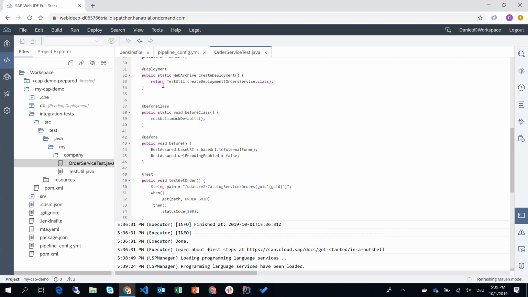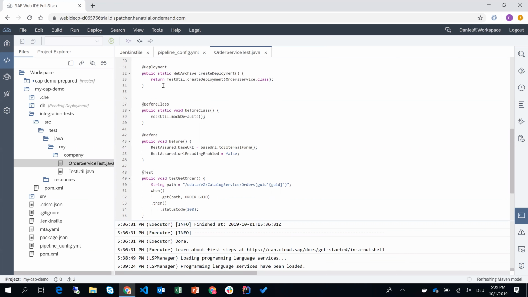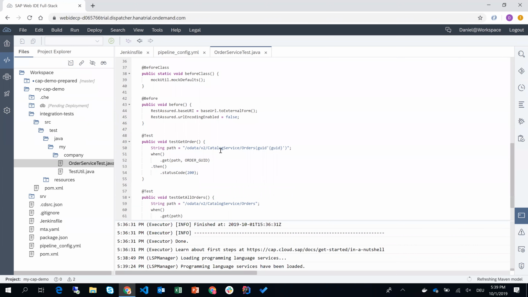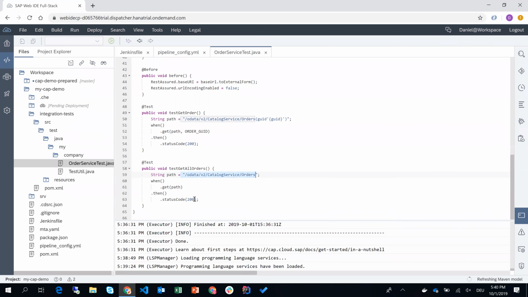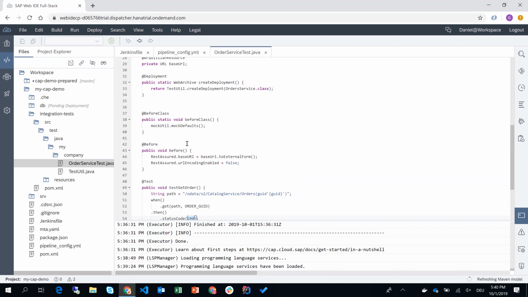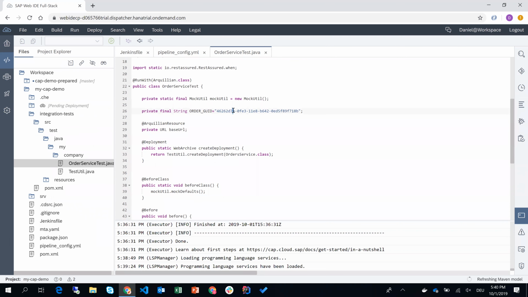It's like a bookshop, so you have books, you have orders, and this is what you can also see here in the test case. So we have two test cases where we, for example, select all orders and check that there's a response, and we also have a test case where we select a specific order, and we have no response. And of course, for the test case to work,